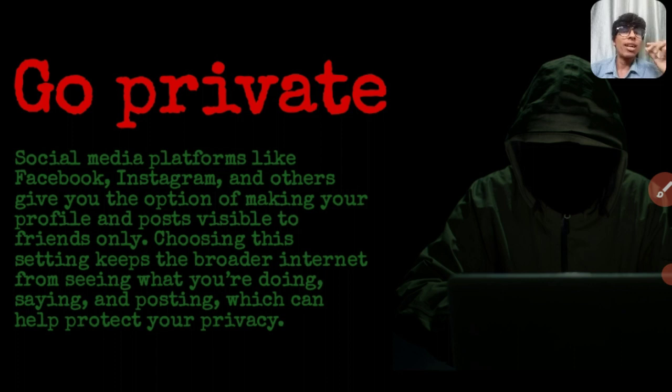Actually, I have a simple logic. Suppose someone is spying on you, and at the time you are posting that you are in Delhi or in the hills, they can simply find out where you are. Your privacy matters. Being private doesn't mean you are becoming infamous. Many celebrities also do the same thing. They never post where they are. So go private, and never post your current situation on your social media.